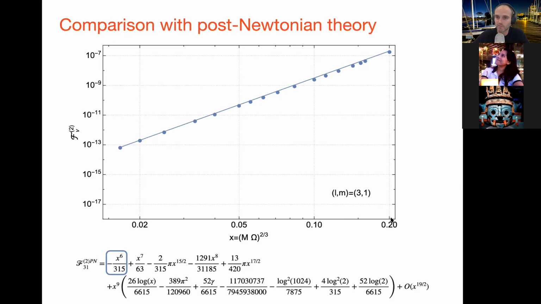So here there's actually 1 over 5, so it's beyond the test body ISCO, the most stable circular orbit. And out here, it's more like 1 over 20, 1 over 50. So these dots show our numerical data, and this blue line then shows the leading order post-Newtonian term, which I've highlighted here, 6 x to the 6th divided by 315. And what you can do then is go, well, that's nice, they seem to agree, and they should certainly agree over here. We expect some disagreement in the strong field because PN isn't very good there, but they should agree as you move into the weak field.